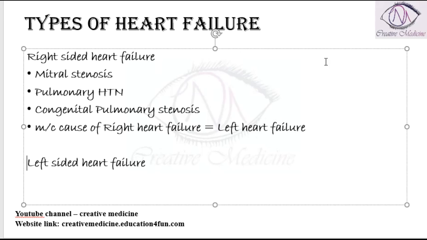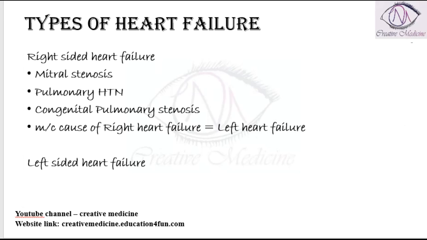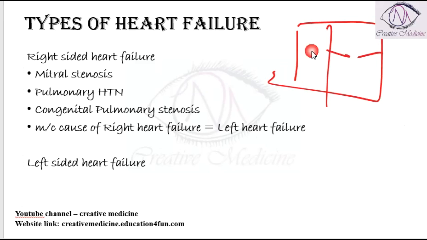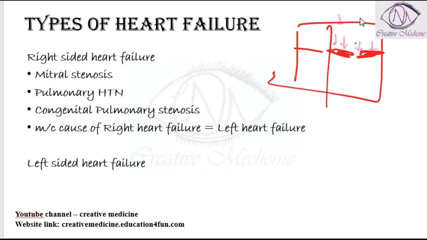So why does mitral stenosis cause right heart failure? It's simple. If this is the heart, now there is a stenosed mitral valve on the left side. The left atrium will find it very difficult to open this stenosed mitral valve, so it will contract hard to open it so that the blood from the left atrium goes into the left ventricle. This is very good. But slowly, as the atrial pressure increases and increases,